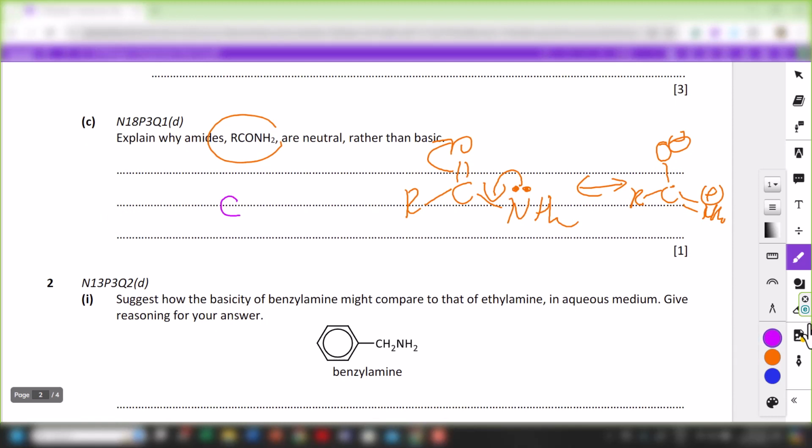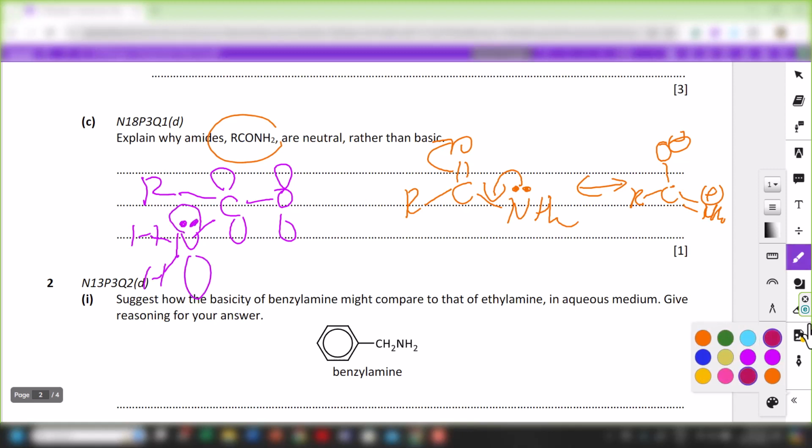So I'm just going to show it like this. Okay, CO pi system, we have R here, and then we have N, H, and then with a lone pair of electrons like this. Over here we can show that these lone pairs of electrons delocalize across the CO pi system like this. And this delocalization will happen to a greater extent as compared to the NH2 in phenylamine,